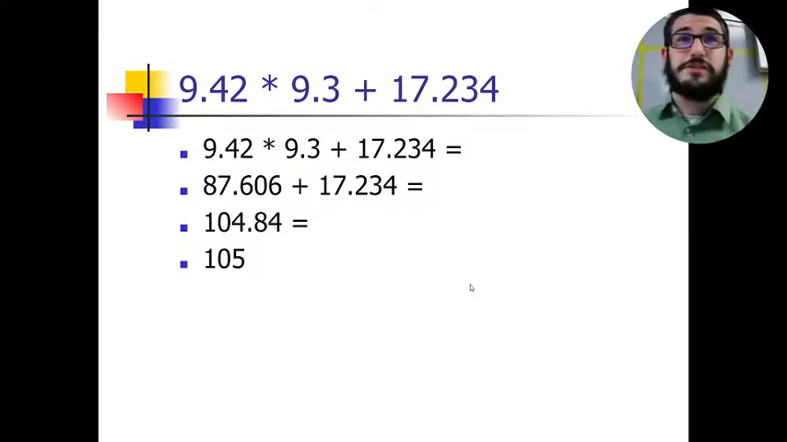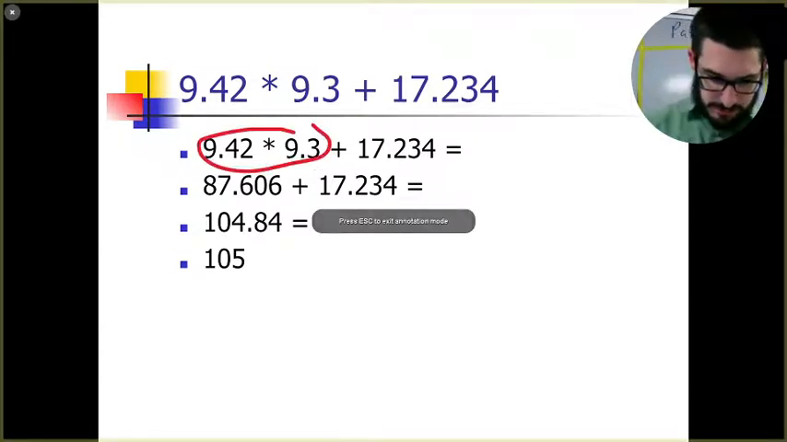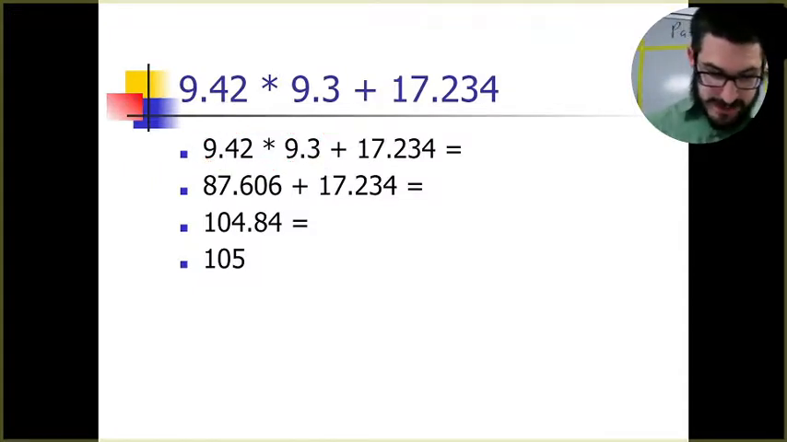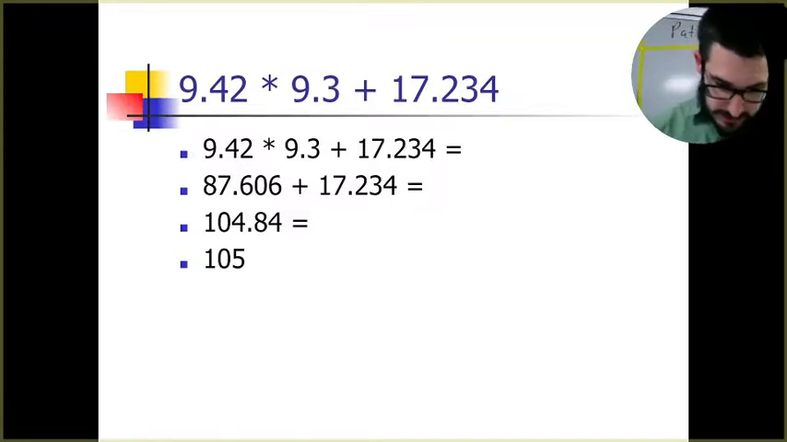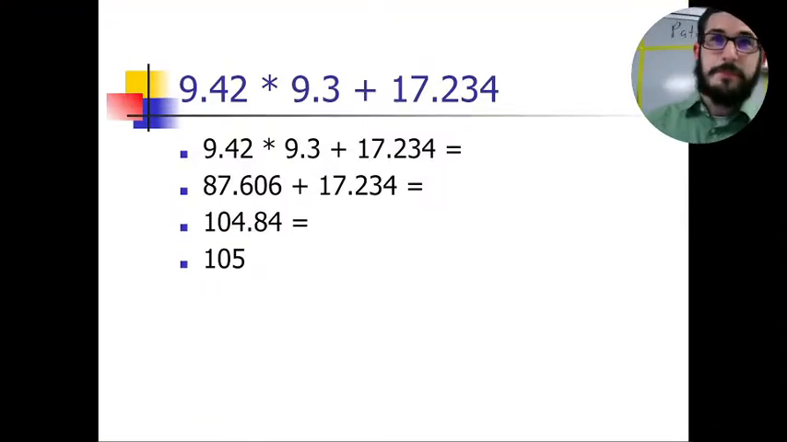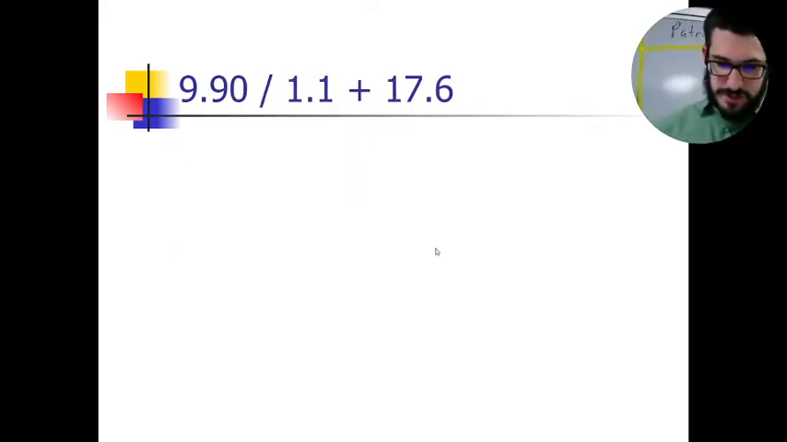Then if I've got this one, I've got order of operations, so multiplication and division needs to happen first. So multiply these two numbers, and when I get that, I've got 87.606. Then add those together, and I can keep the tenths place in my number. So whenever I get that final answer, it'll be 105 here. Okay, then let's try this one real quick. So I've got